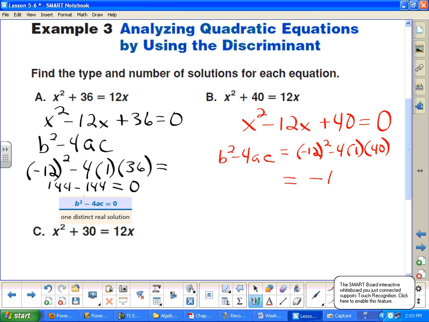So that'll equal negative 16. And since it's negative,